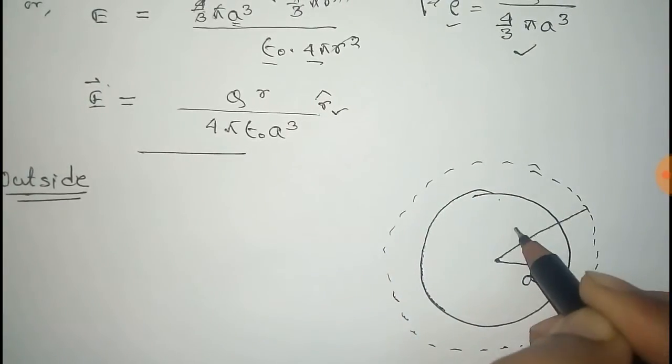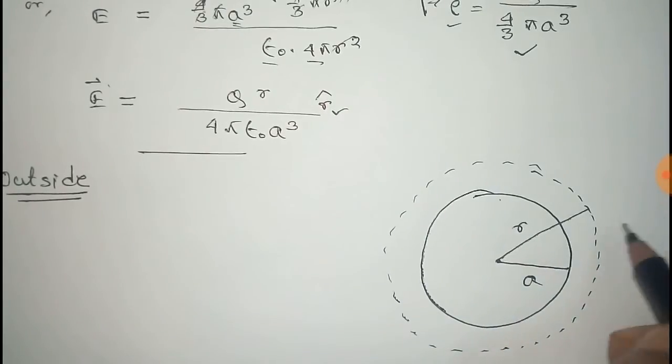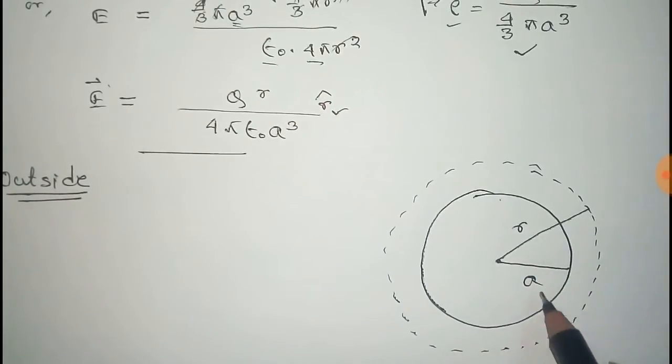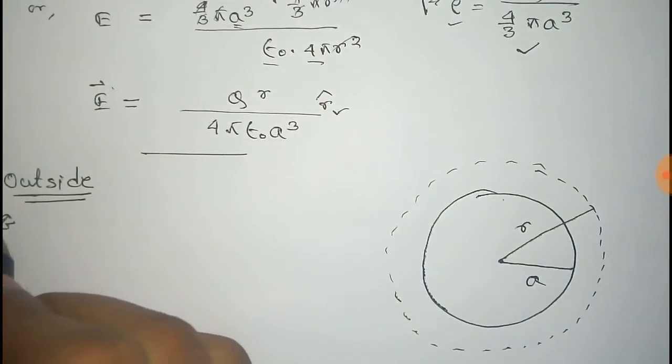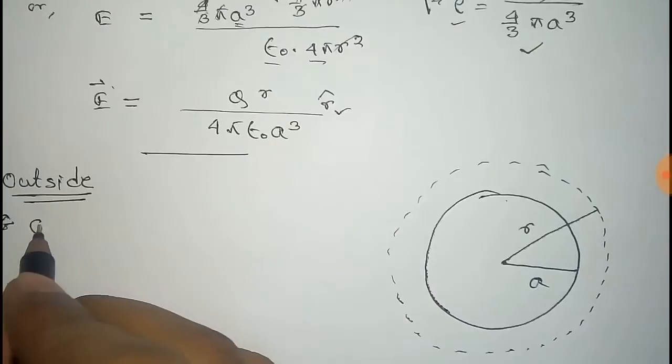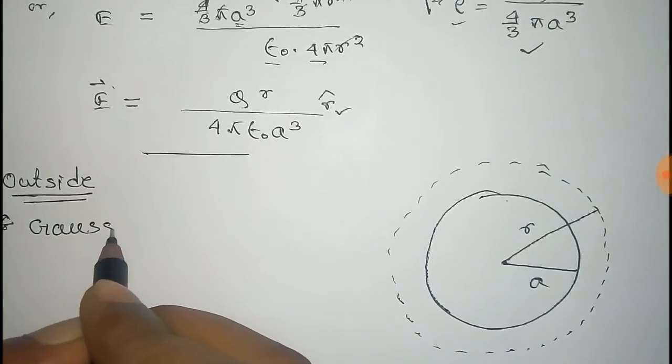This distance is r. Now using the Gauss theorem again, we get